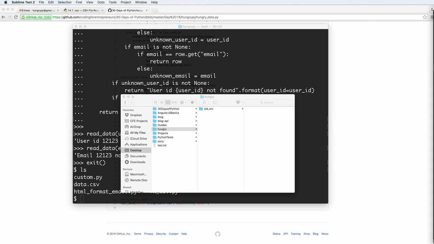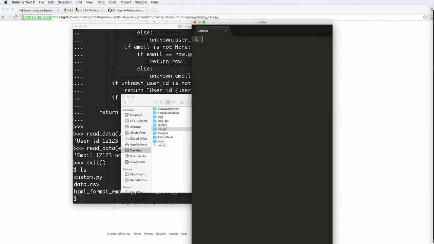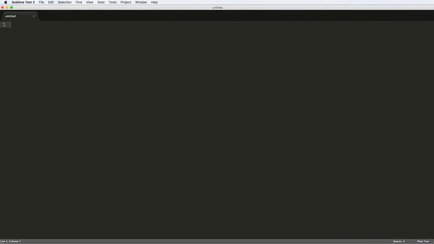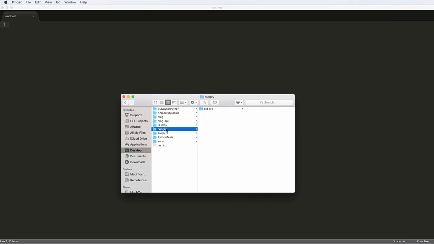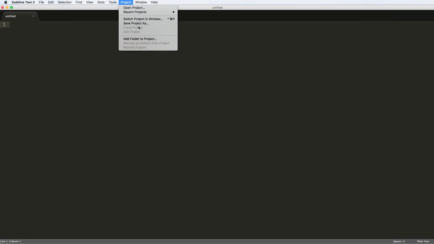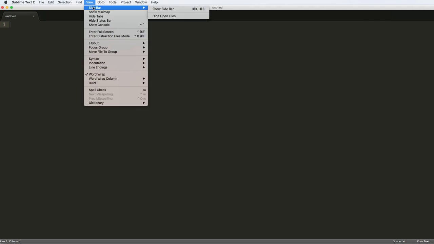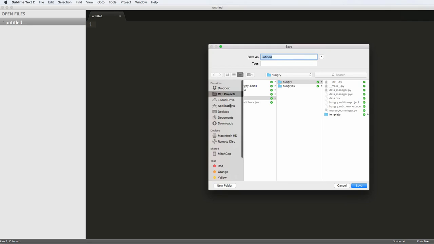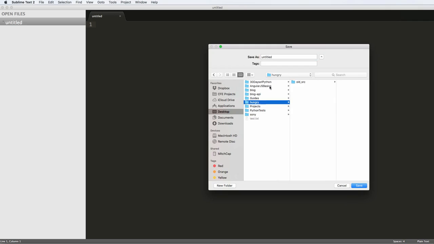I'm going to open up a new window here. And we want to use this window because we're going to be creating a couple files and turning this hungry directory or folder into an actual Python module. So now I'm going to go ahead and make sure I can see the sidebar here. So view sidebar. And I'm going to save this file with Command S or Control S, depending on what computer you're on. Going into the desktop, going into Hungry,